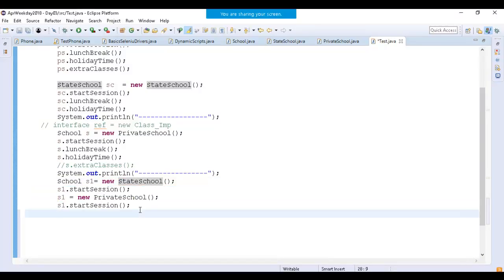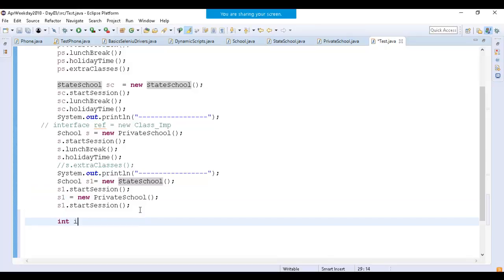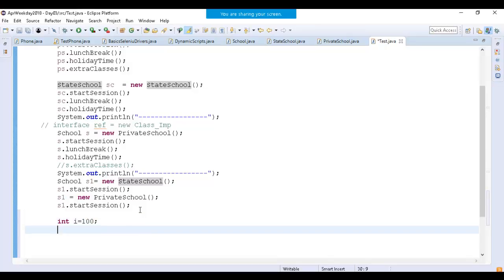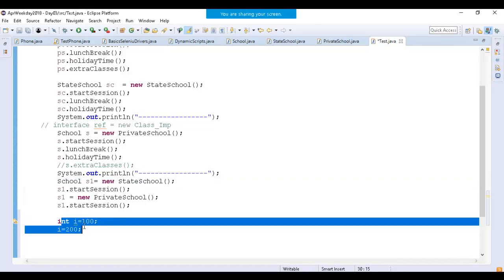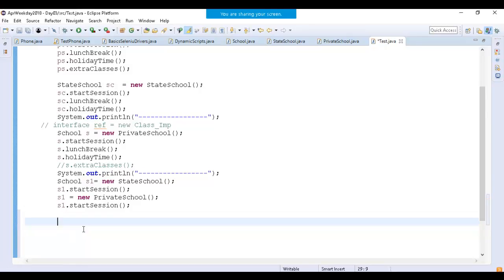It is similar to, for example, if I write int I equals to 100, on the next line maybe I can make I equals to 200. It's something like this. S1 was pointing towards state school, and based on my choice I can make it point towards any school. Right, maybe I can write school S2 equals to null. That means